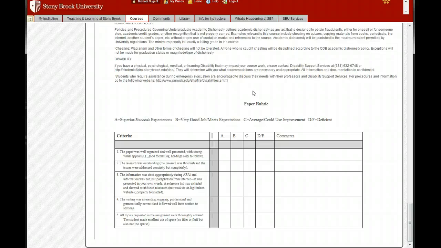I'm looking for each paper to be well organized and well written. I'm looking for each paper to be well researched. Number 3, I'm looking for each paper to be appropriately and professionally cited with a proper citation at the end of any information you pull out of a paper, and a reference at the bottom of the paper. I will be posting some links to where you can get information about proper citation. Is the paper interesting, engaging, professionally written, grammatically correct? And finally, are all the topics I asked for adequately covered within the assignment? So this is my rubric of how I look at and grade your paper, so just keep that in mind.